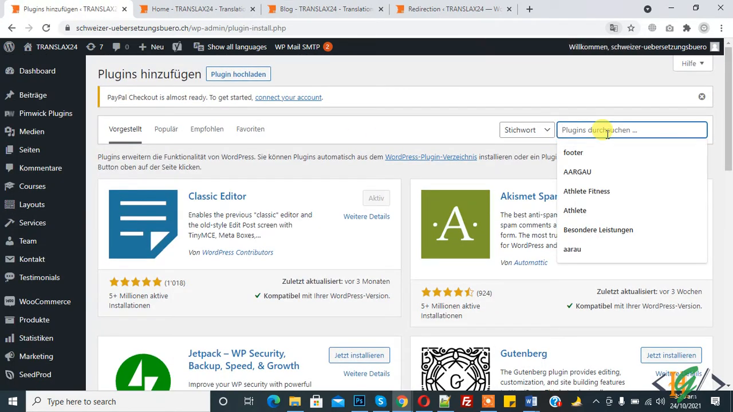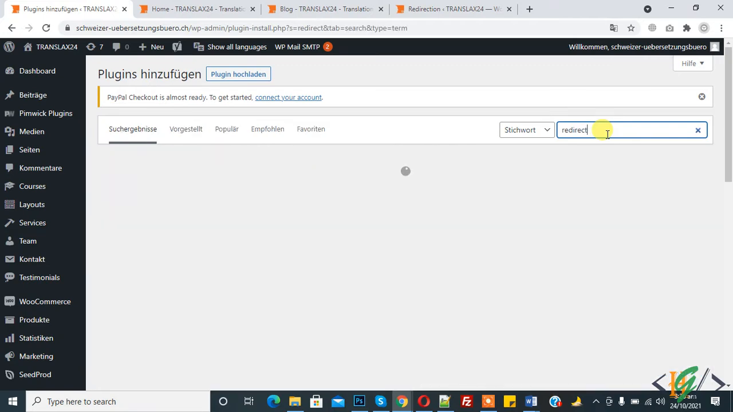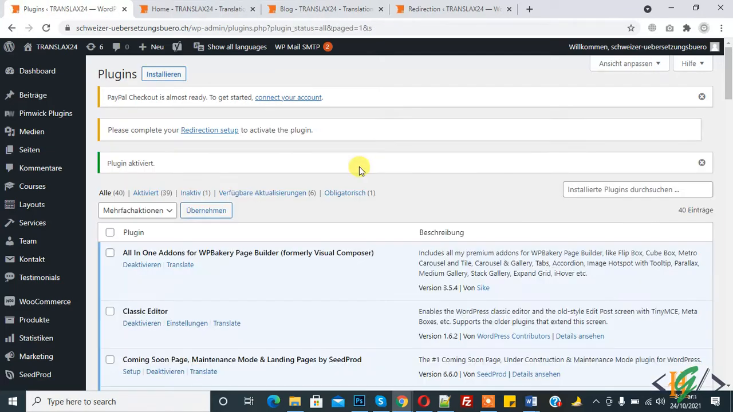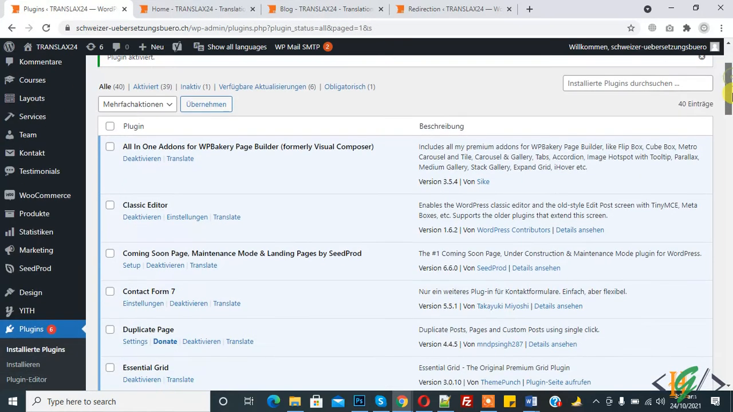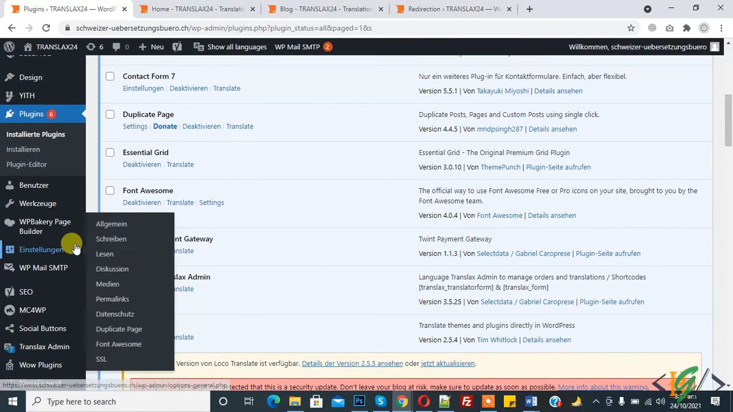and here search for redirect. Now you see the redirection plugin, so click on install. Now the plugin is installed, and now click on activate. Now the plugin is activated and now go to settings, and in settings you see redirection. Here you see settings